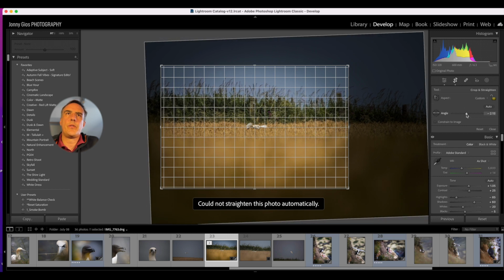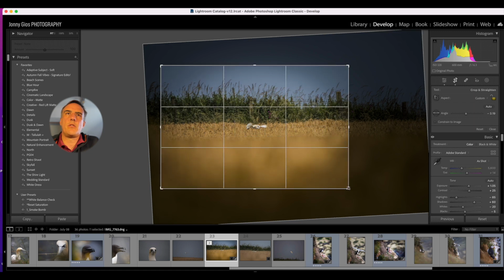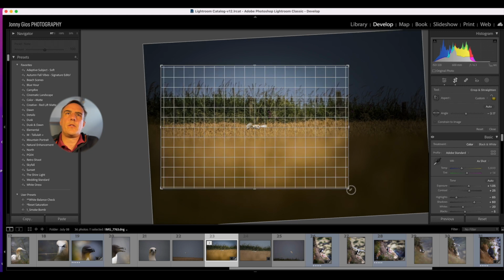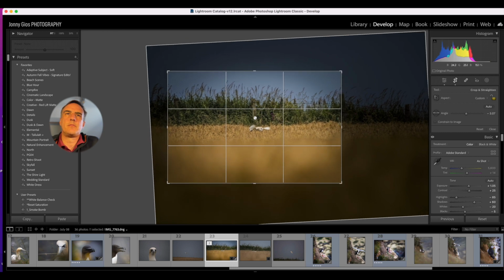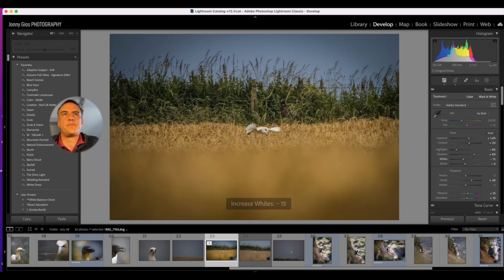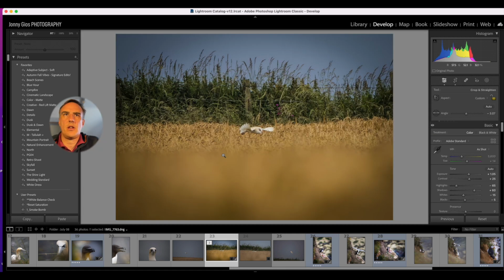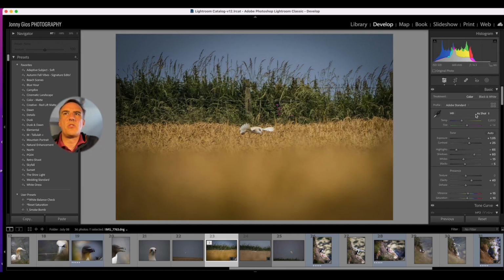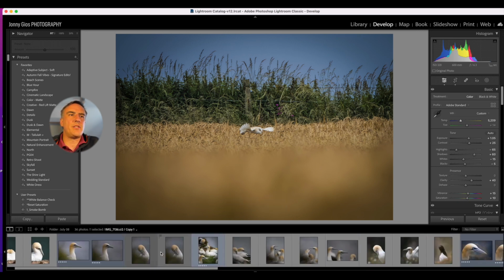and then maybe try and crop in a bit as well. Help if we get it centered. And there we go. That's not a bad shot of an owl from a distance. So 5 that and 9 that. So just a few tips and tricks to kind of get you started with